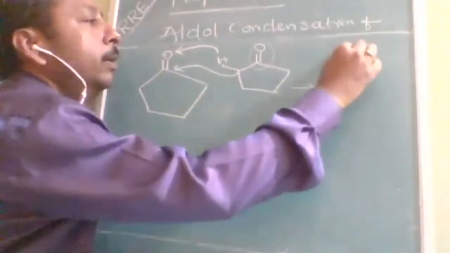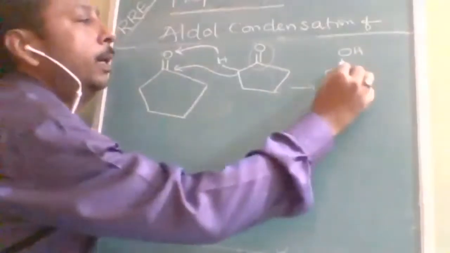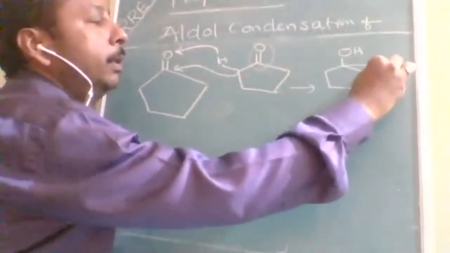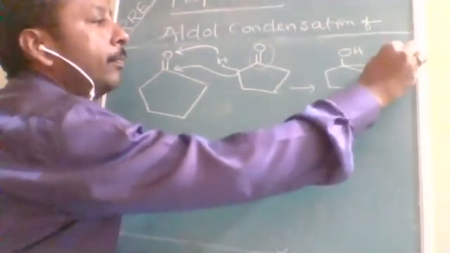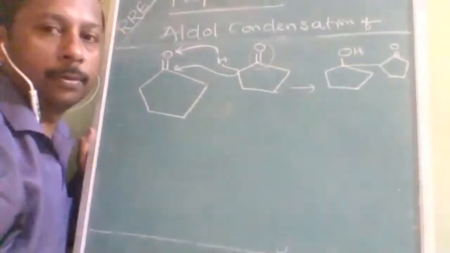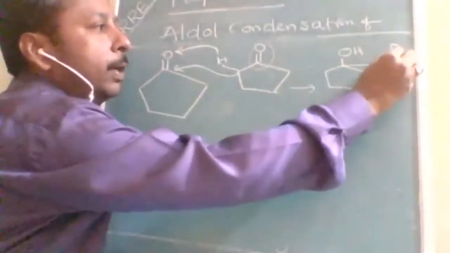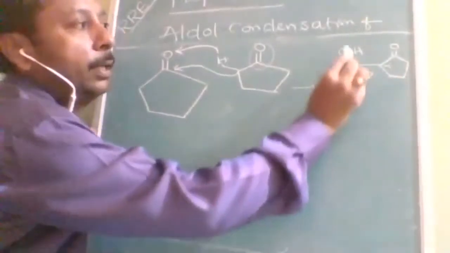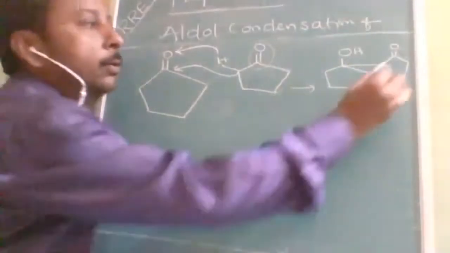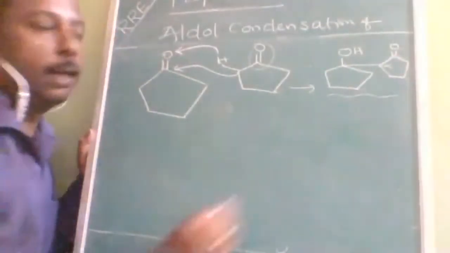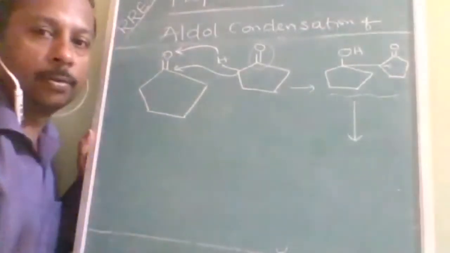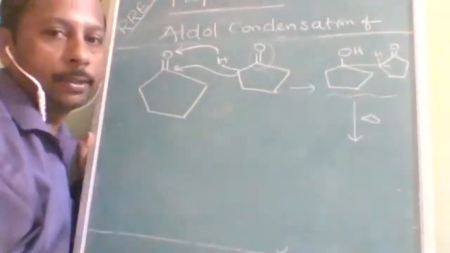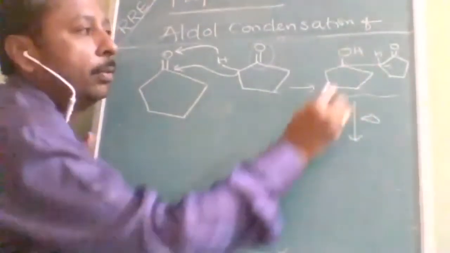This ketone will be converted to alcohol, and here I am drawing it longer so that the product is written properly. This is the ketone. The ketone will be intact, and on this alpha carbon it is beta hydroxy. Is it understood? And after heating, there is one more step I forgot to tell you. When it is heated, it undergoes alpha beta dehydration. Then there will be a double bond between them.